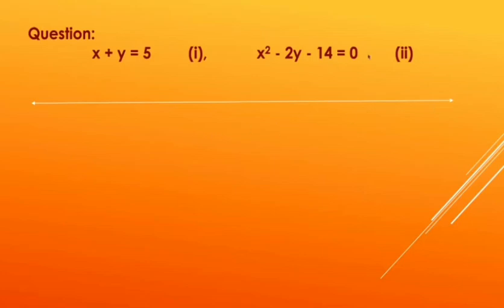We have already solved linear equations in the previous classes, but here you can see that it is a quadratic equation, so there will be some difference in solving these equations, but it's very easy. The first equation is x + y = 5, so x = 5 - y. We will solve this by the substitution method. We will put the value x = 5 - y in equation number 2.